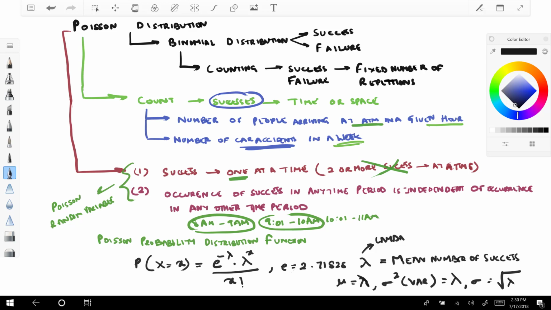That's what the Poisson probability distribution function is: the mean is lambda, variance is lambda, and the standard deviation is the square root of lambda. Now, as we know the concept of Poisson distribution function, we will try to solve